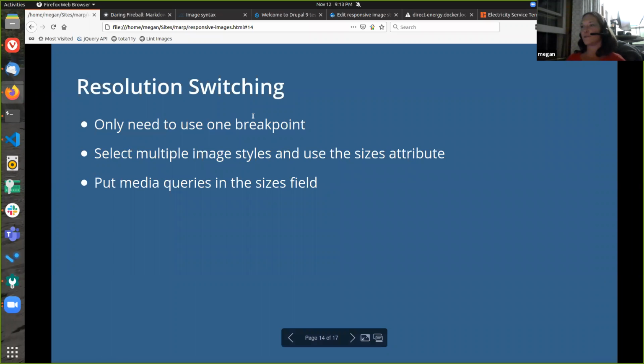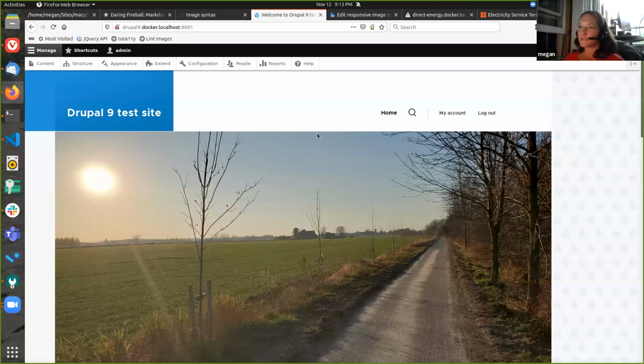So let's go over to a demo. Zoom's little tab here is on top of my tab that I want to get to. Okay,